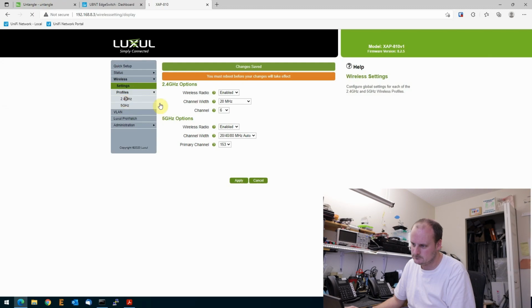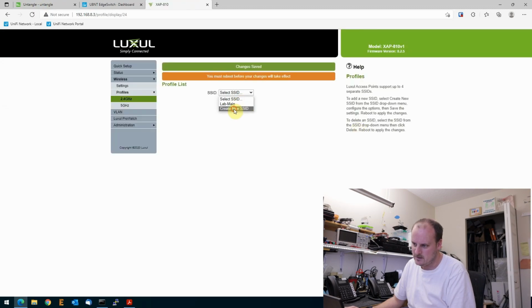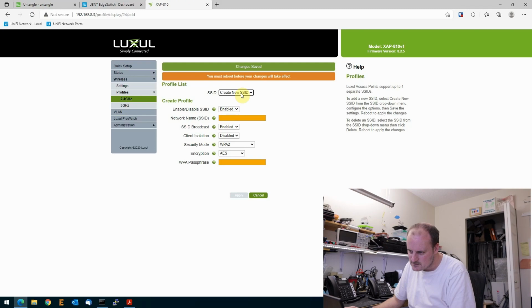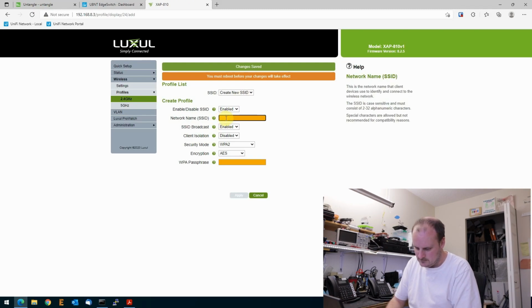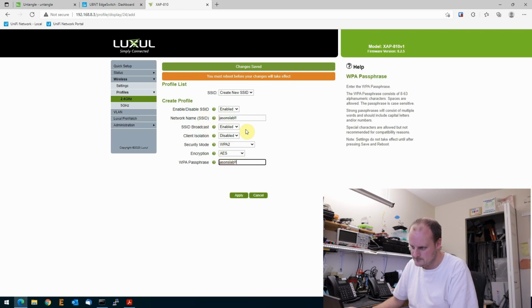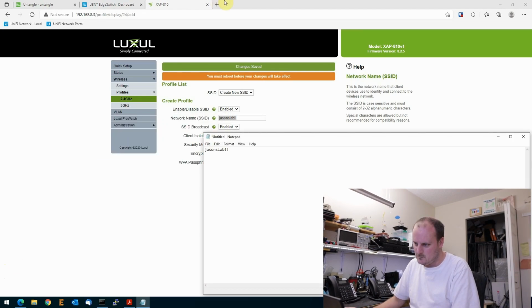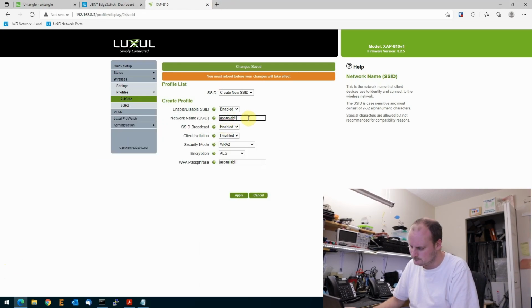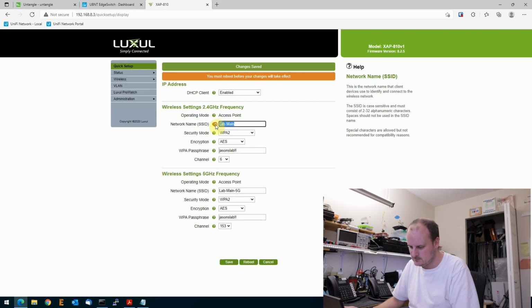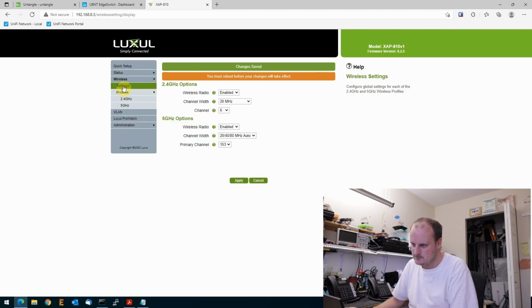profiles. We're going to create another SSID. We're going to call this control VBS Jason's Lab. Well, that's the password. We'll keep it all the same. Let's just go notepad so I can write it down. So we'll call this one, actually I gotta go back, what did I call the main one? Quick setup, lab main. So let's call this copy wireless settings. Come on, profiles 2.4,